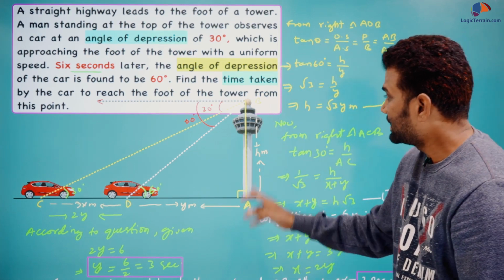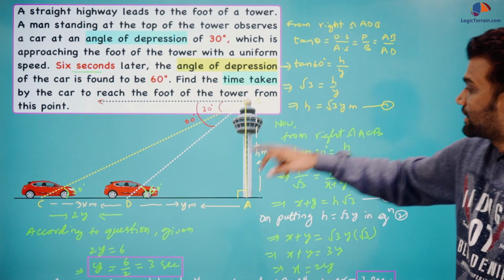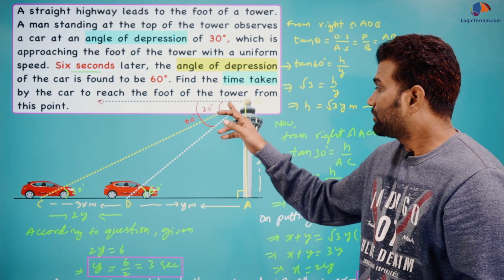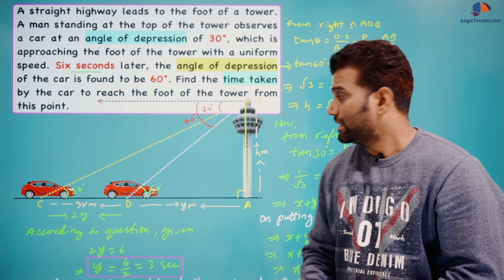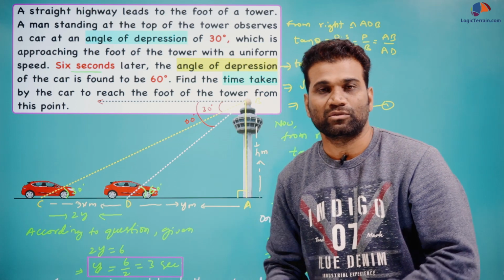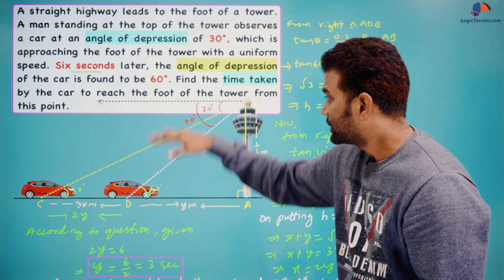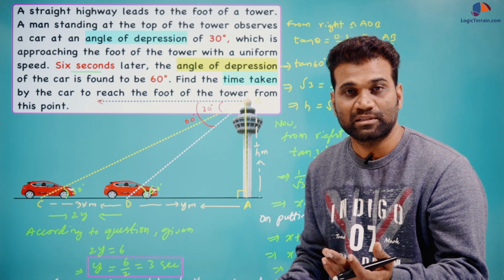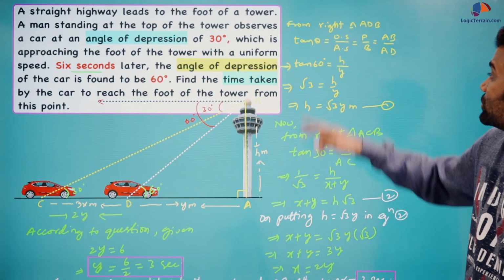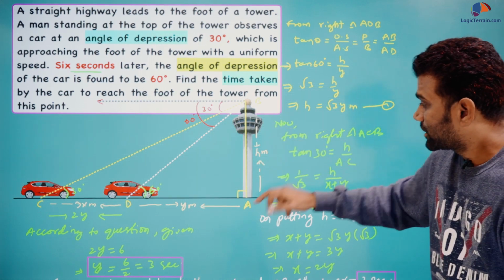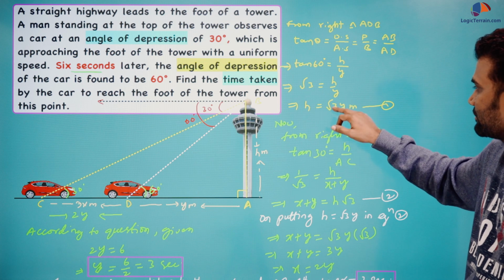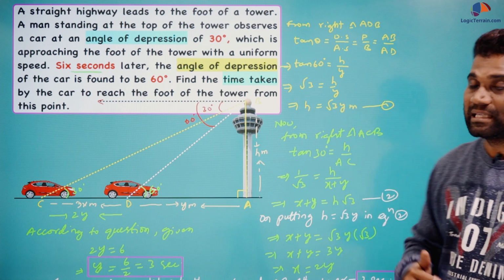Now first considering this right angle triangle, here theta is 60 degrees. Because we have discussed earlier also, angle of depression is equal to angle of elevation, right? So this angle equals this angle and this angle equals this angle. The other reasons also we have discussed: these two lines are parallel and this is a transversal, so alternate angles are equal. So we can say either way, right? So tan 60 degrees is equal to h upon y. Tan 60 degrees value is square root 3, then h equals square root 3 y meters. Let us take this as number 1.